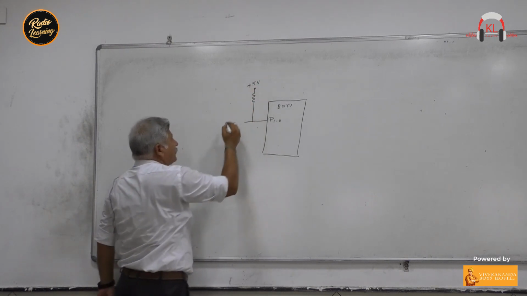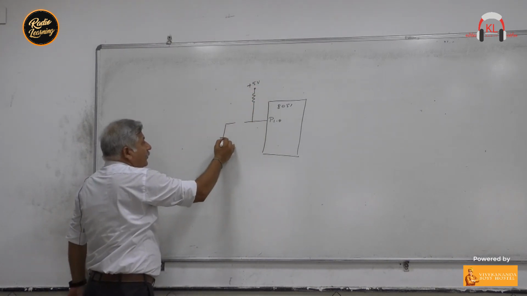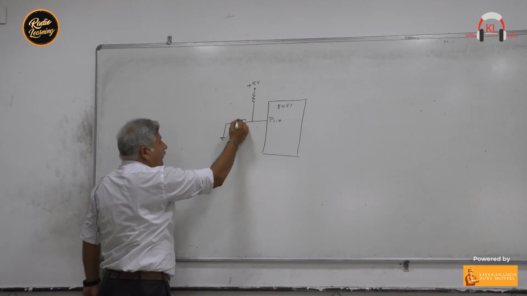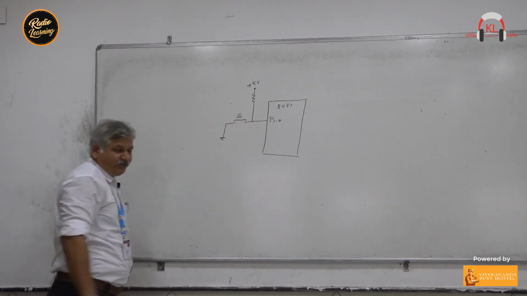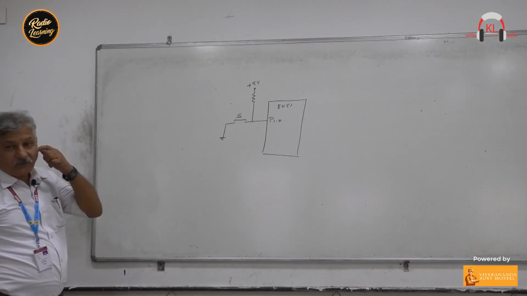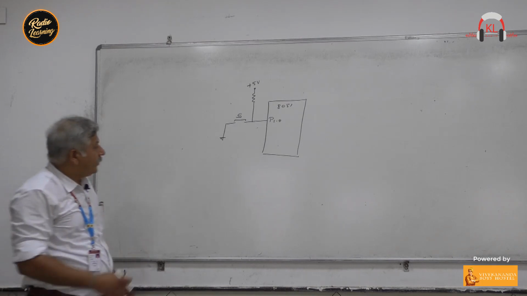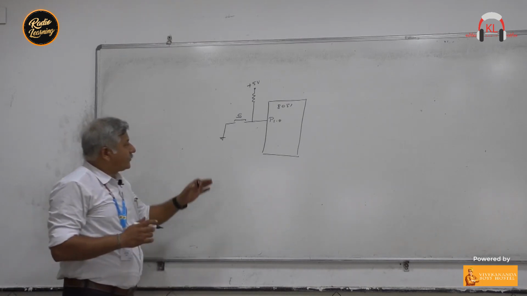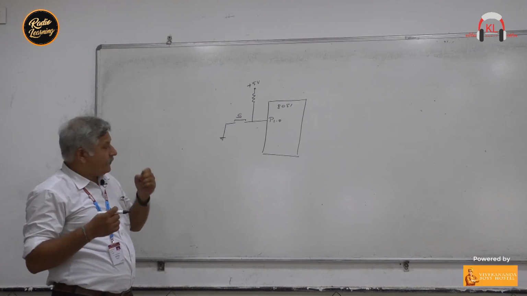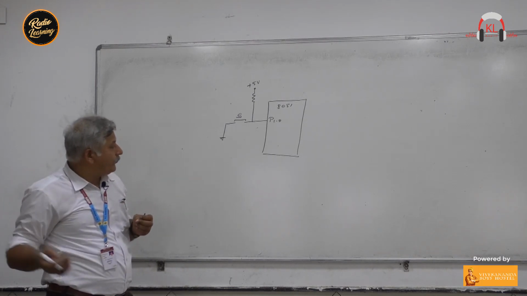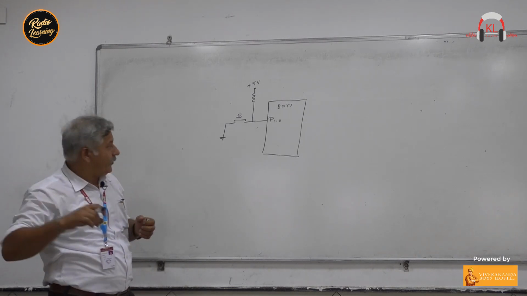Here it is plus 5 volt, ground, and this is the switch. The name I have given is S. This is a push button type of switch I have connected here. Now basically what happens in the switch, even in the desktop computer switches, whatever we are having, there is push